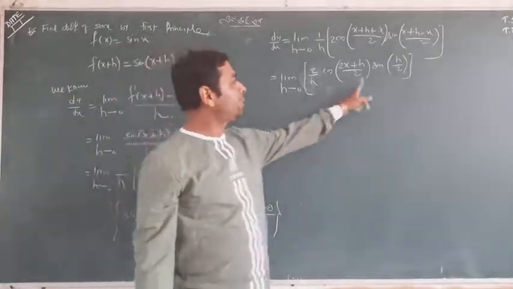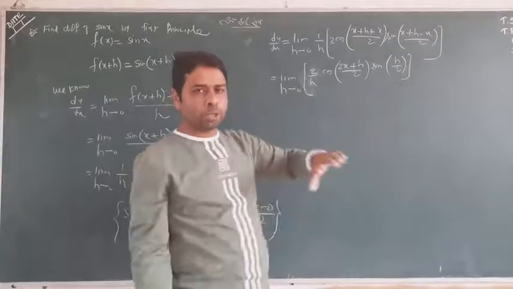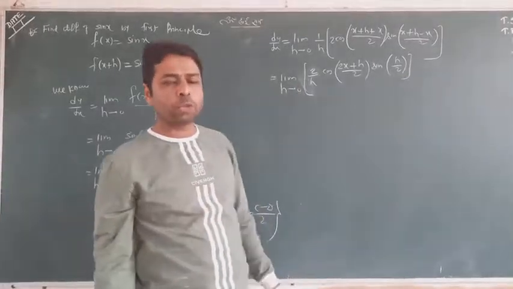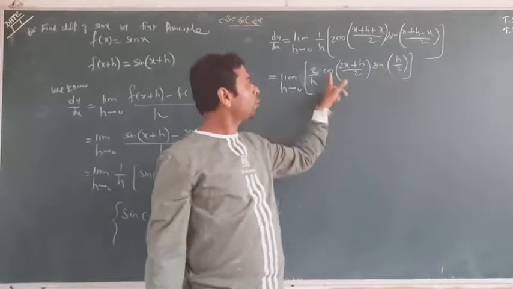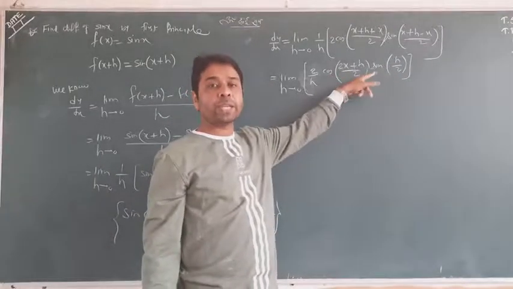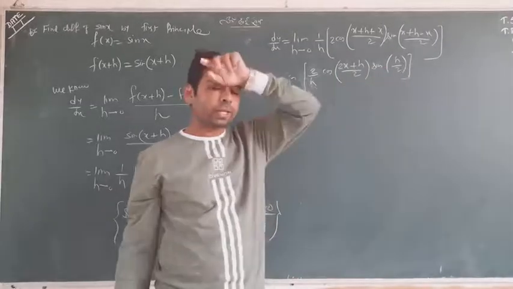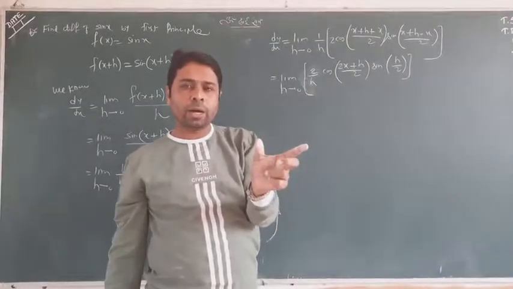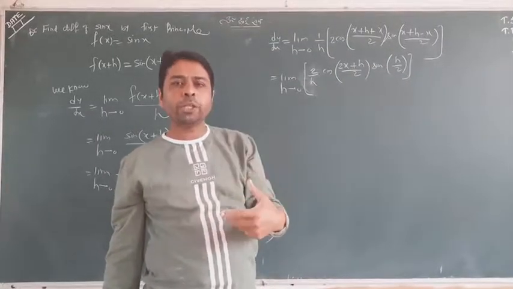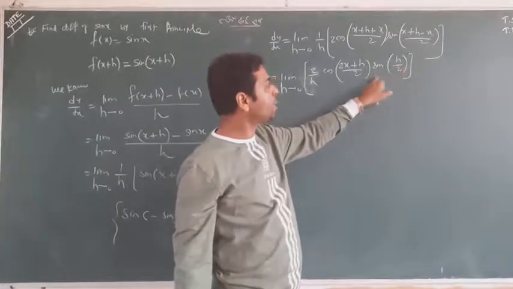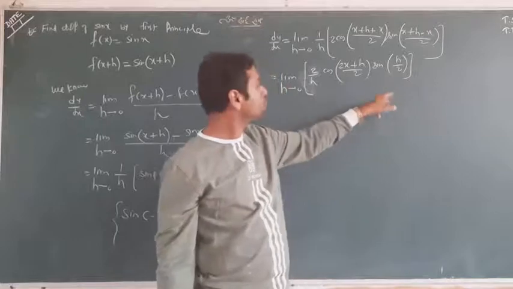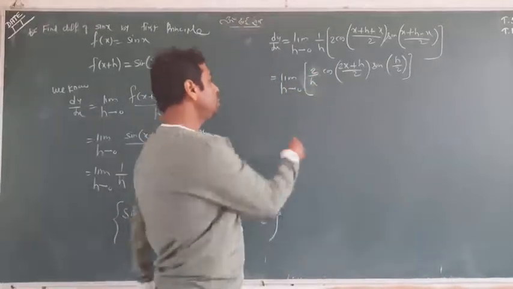Now the fantastic idea I'm giving you, as we are doing limit, I will separate the limit, but before that I just want to pull your attention towards it. It is sin h by 2. I don't bother about cos, because I have the formula of sine. What is the formula of sine? The value in denominator should equal its angle. So what is the angle of sine? h by 2. It must have h by 2 in the denominator. So this is my 2 by h.